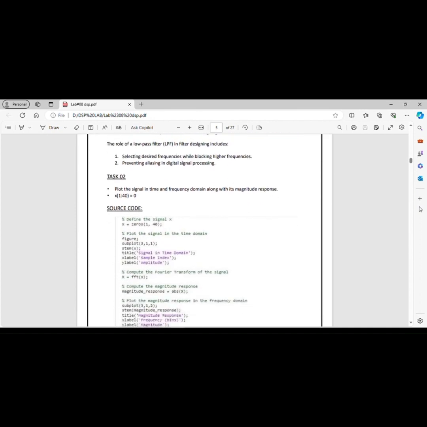What are the frequency domain parameters for a filter? They are roll off, ripple in the pass band, and poor stop band attenuation. So in task 2, plot a signal in the time domain and frequency domain along with its magnitude response, and the source code is